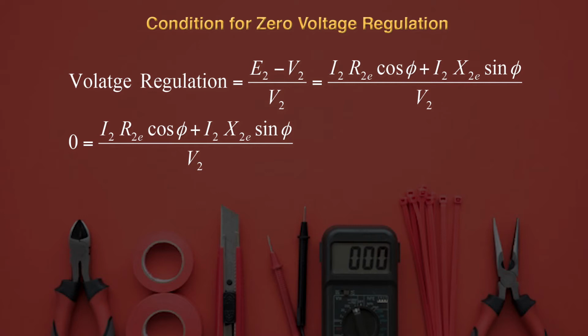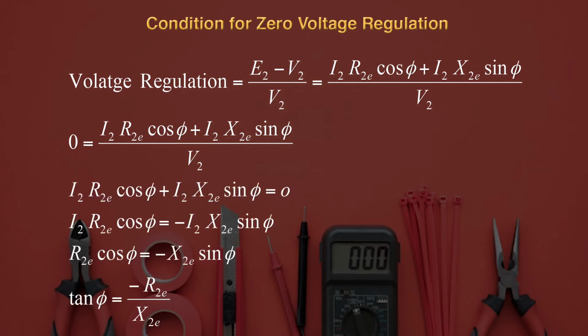So you can write 0 is equal to I2 R2E cos phi plus I2 X2E sin phi upon V2. After solving, you can write I2 R2E cos phi plus I2 X2E sin phi is equal to 0. Again after rearranging, you can write I2 R2E cos phi is equal to